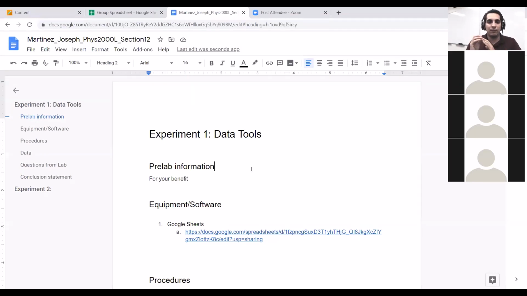So it does keep track of who is making what edits and how that's all being done. The very last thing I want to go over with Google Docs is